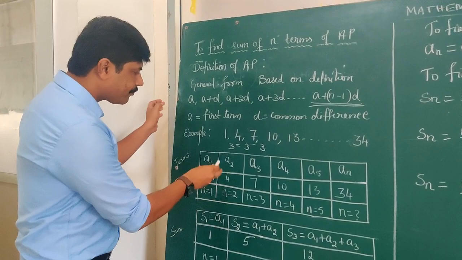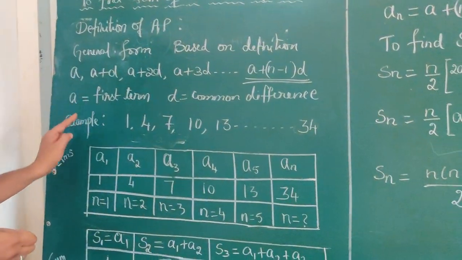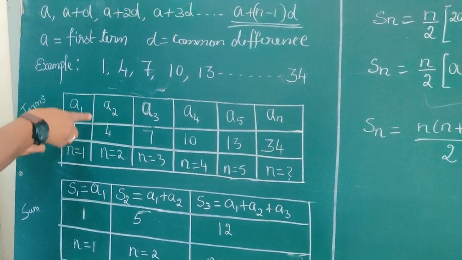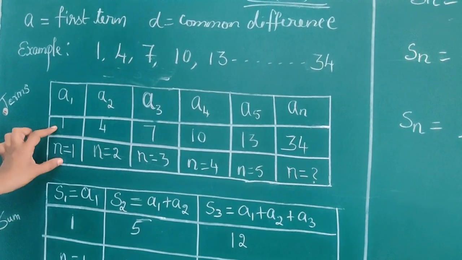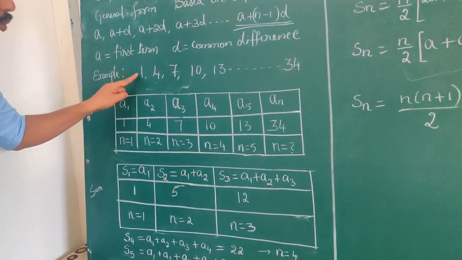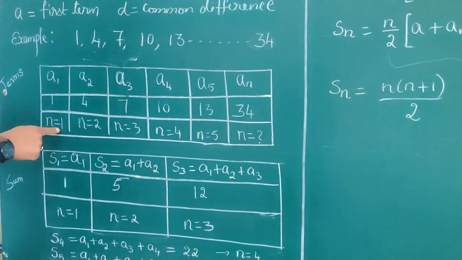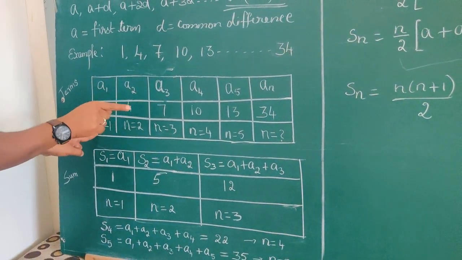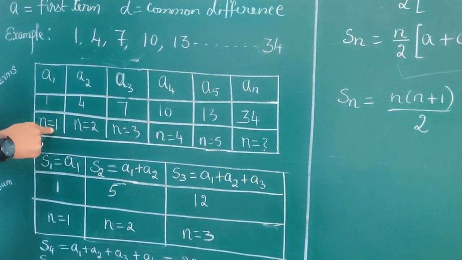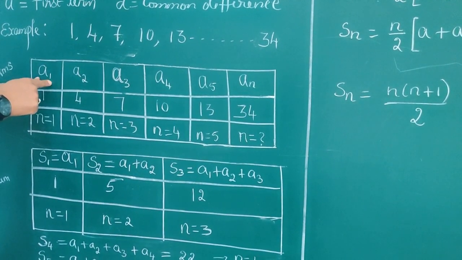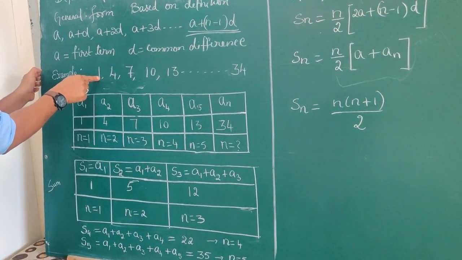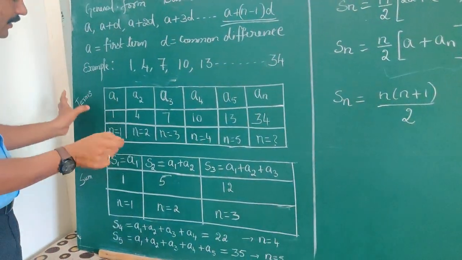But still, see here, what is this 1? This 1 is the first term. If the first term is 1, what is the value of n here? n equals 1. What does it mean? It means these two are different things. 1 is present in the first place, therefore n equals 1. And this n equals 1 is not the same as a1 equals 1. Understand properly. Why? Because n equals 1 refers to the place, while a1 refers to the kind of term that is present in the first place. The term present in the first place becomes a1, or first term a, where n equals 1.